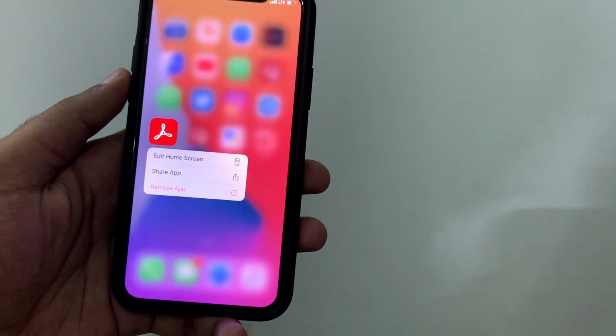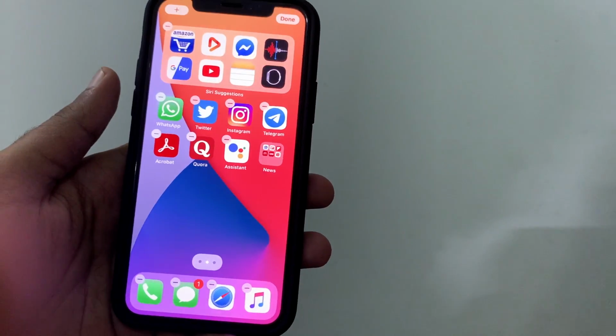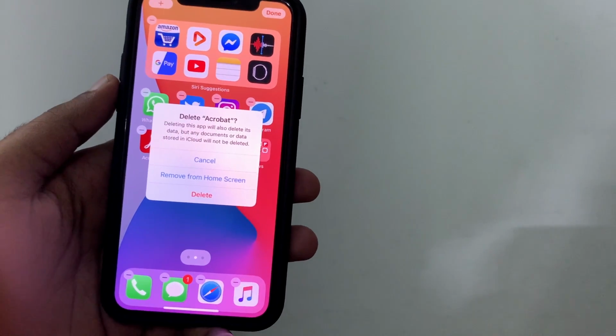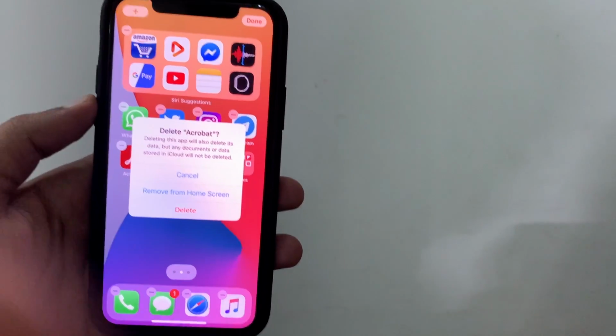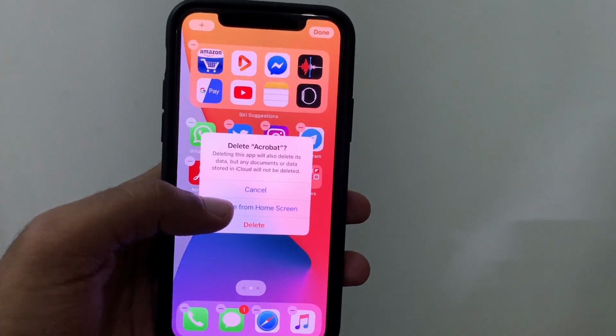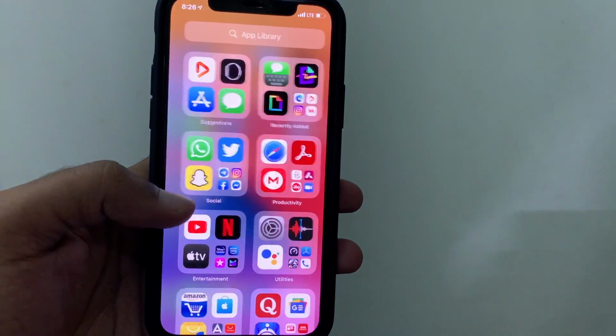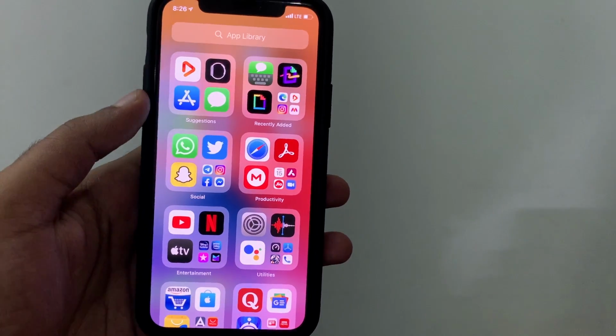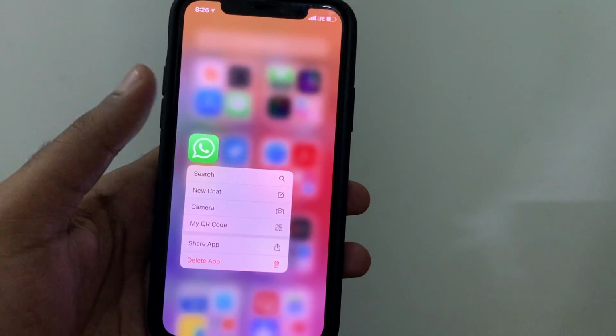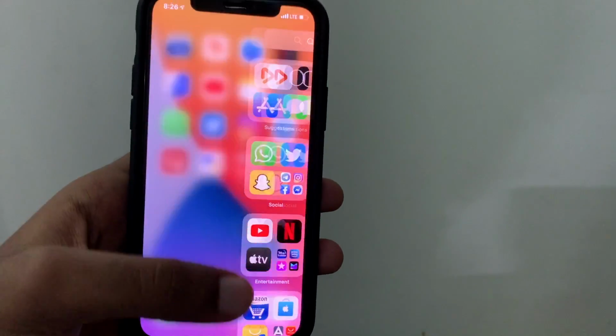If you click on some app, go into edit page and click on remove, you can see there's a new minus icon instead of X. So there's a new option: you can either delete the app or you can put it in the home screen. You can also interact with apps directly from the app library. If you long press, you will get haptic feedback.